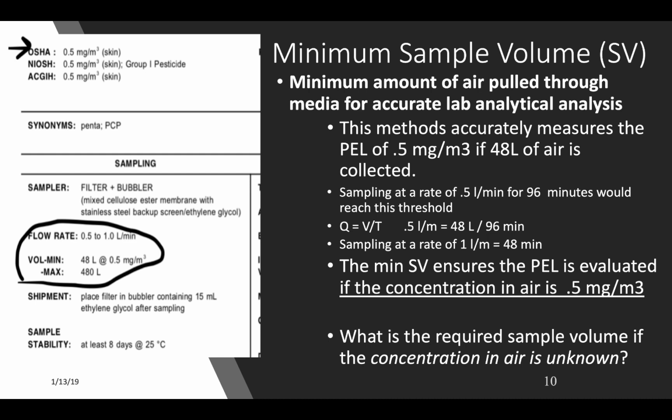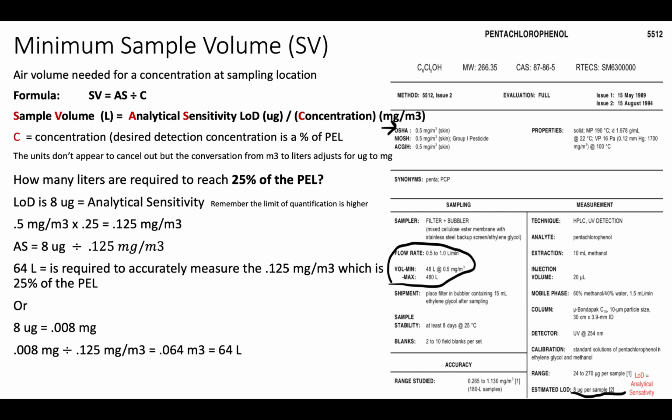So the question remains, what is the minimum sample volume if we don't know how much material is present in the air, if we don't know what the mass of the material is, if we're not sure whether it's at the PEL or something below? How do we know what our minimum sample volume is? This comes into play usually when you're doing integrated sampling and you want to take 2 or 3 samples throughout the day, or you want to take a short-term exposure limit, and be certain that you drew enough air through the sampler to be able to reach this level of analytical